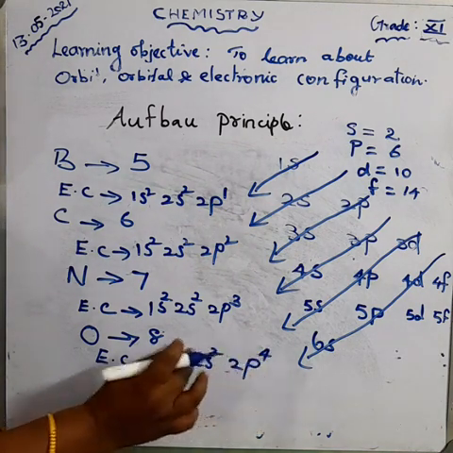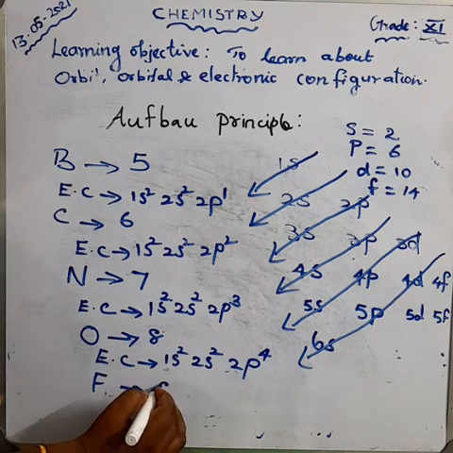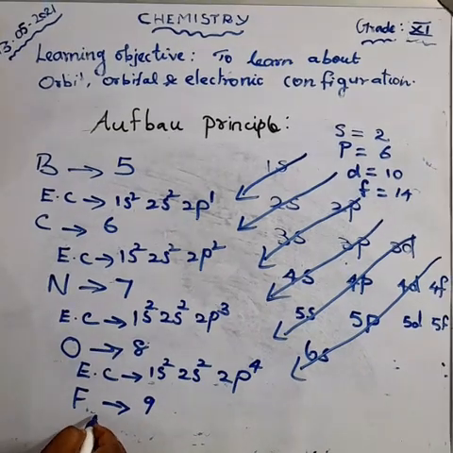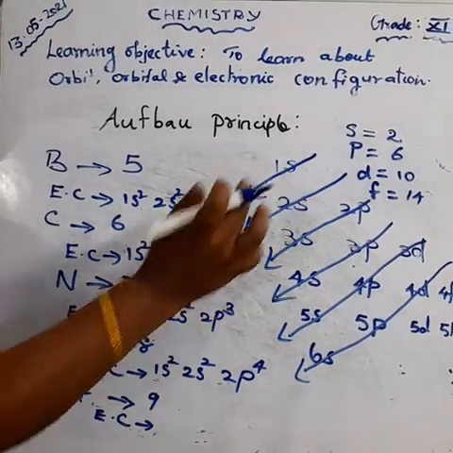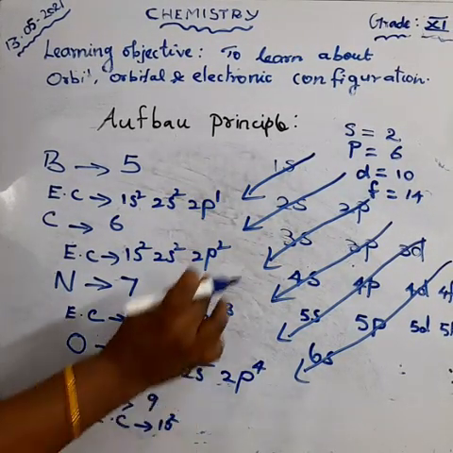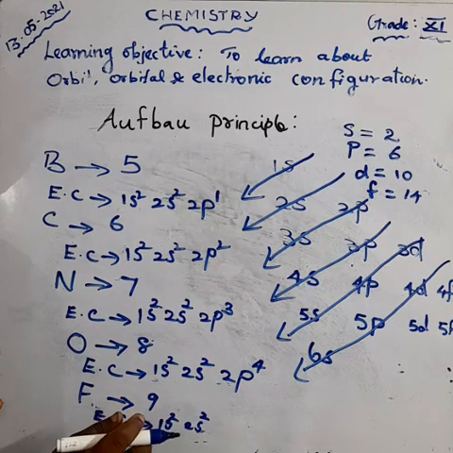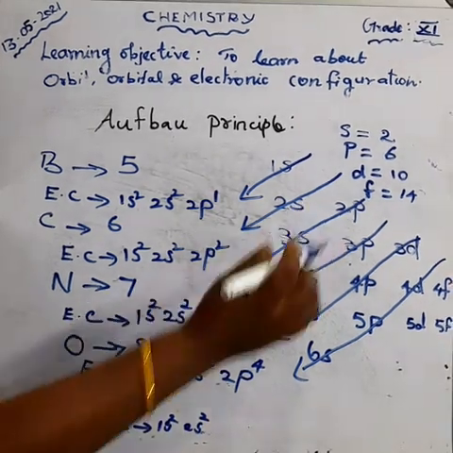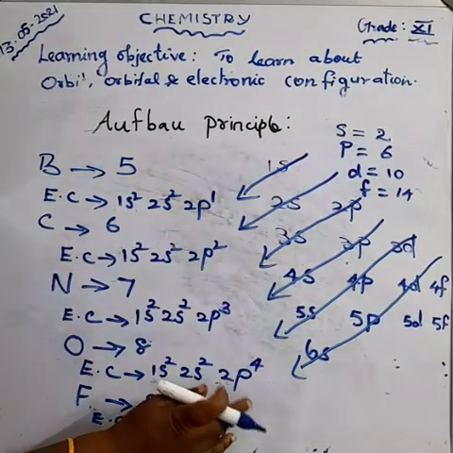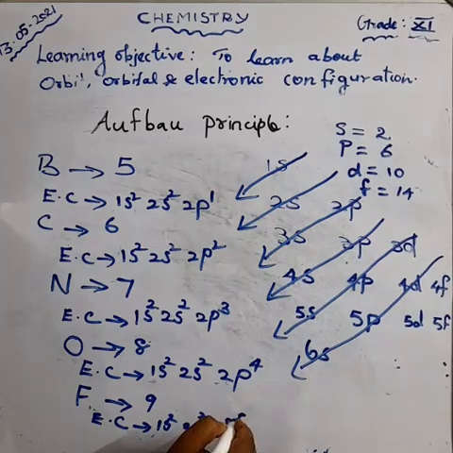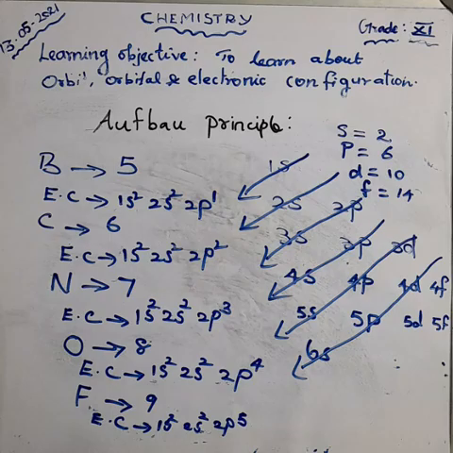And then fluorine, atomic number of fluorine 9. So electronic configuration for fluorine: first 1s2 and then 2s2, and 5 electrons are remaining here. So 2p5, because in the p orbital we can occupy totally 6 electrons. Okay, and then